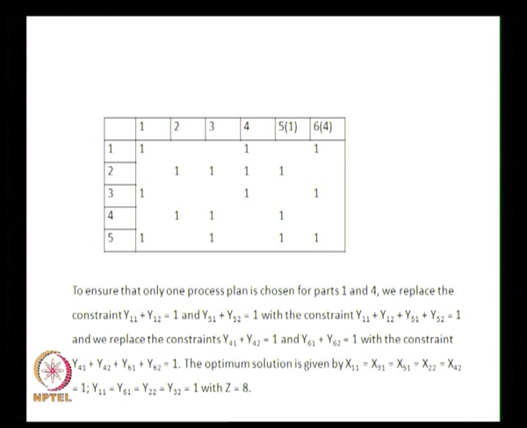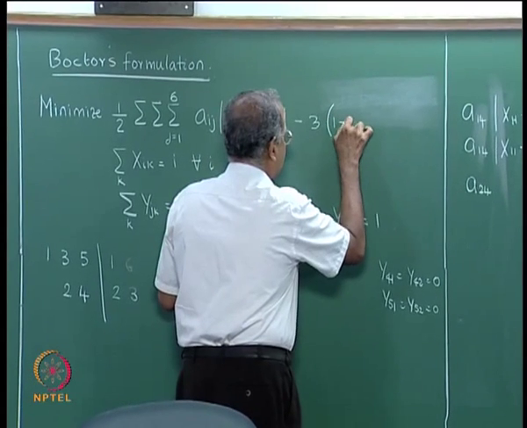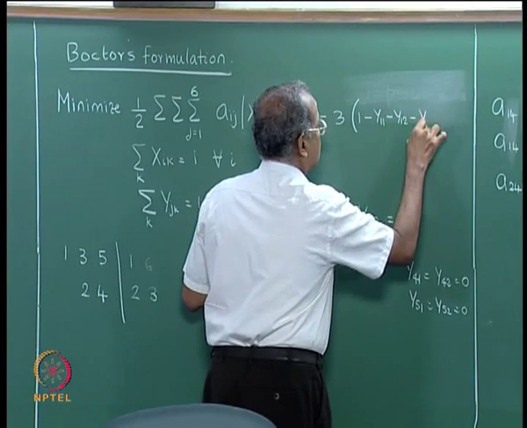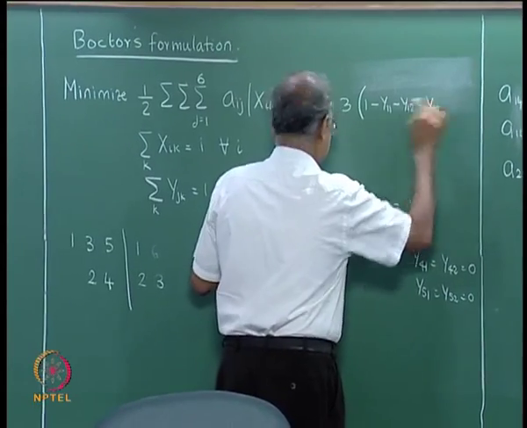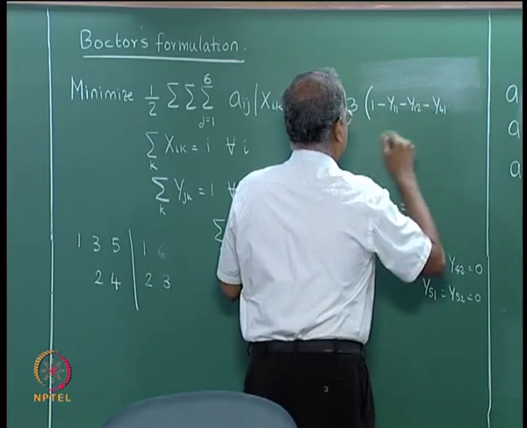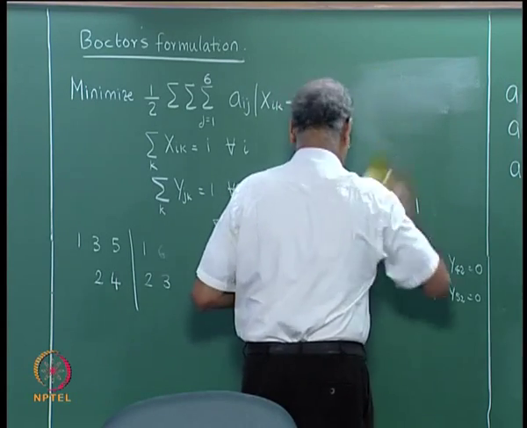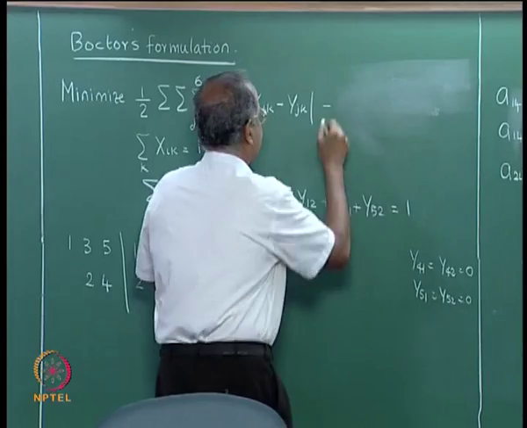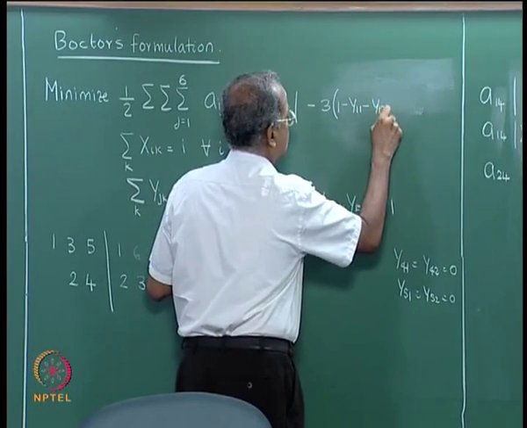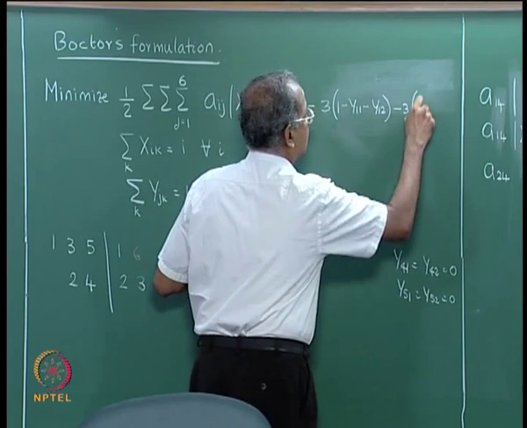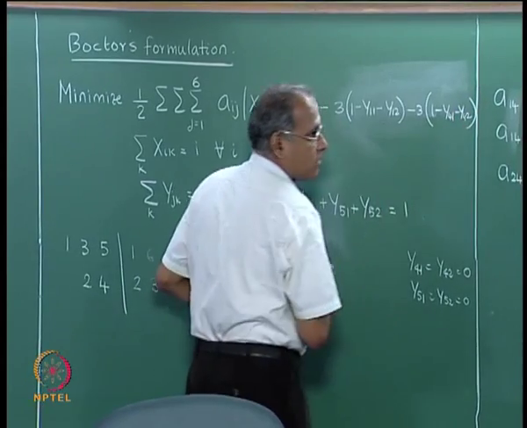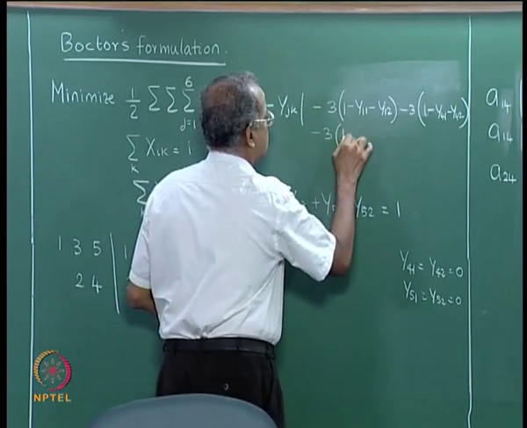So we should have 3 times (1 minus y11 minus y12), minus 3 times (1 minus y41 minus y42), minus 3 times (1 minus